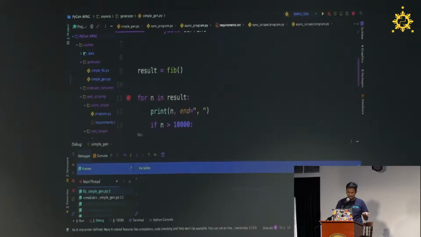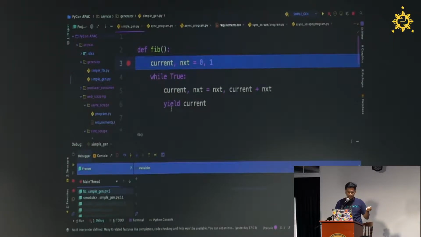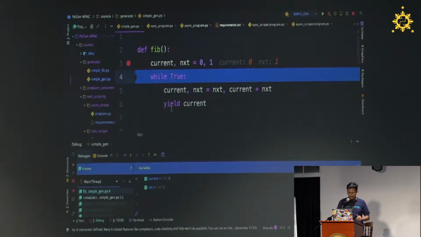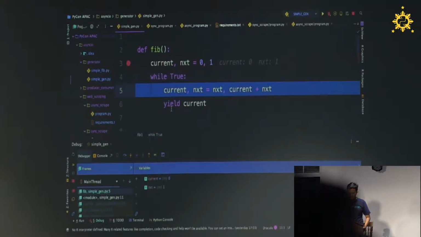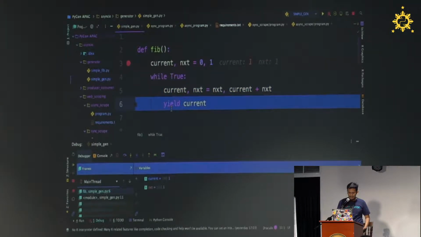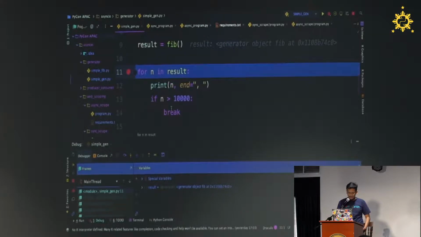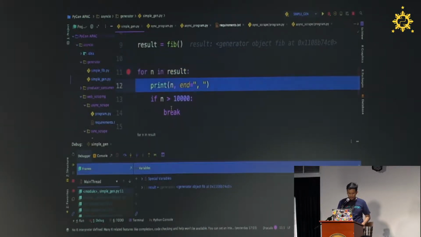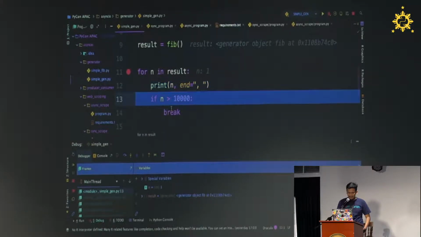after we arrive at the loop, we directly process the function. In here, we get current and next, and the yield keyword, and we go back to the loop, and we print if it's not bigger than 1000.